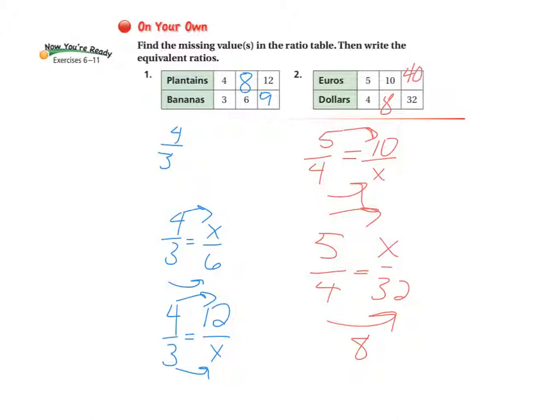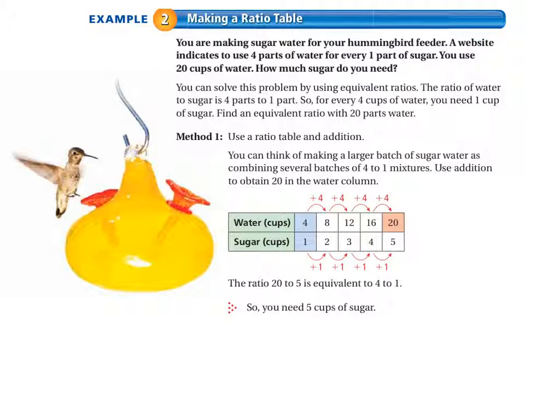So sometimes you have to add, sometimes you have to multiply. The cross products will always work here because we have to have equivalent ratios. Every once in a while we can add if everything only goes up by 1. Again, seeing this all the way through the table, the pattern across the bottom only goes up by 1, so I can see for every cup of sugar in this problem that I have that I need to add 4